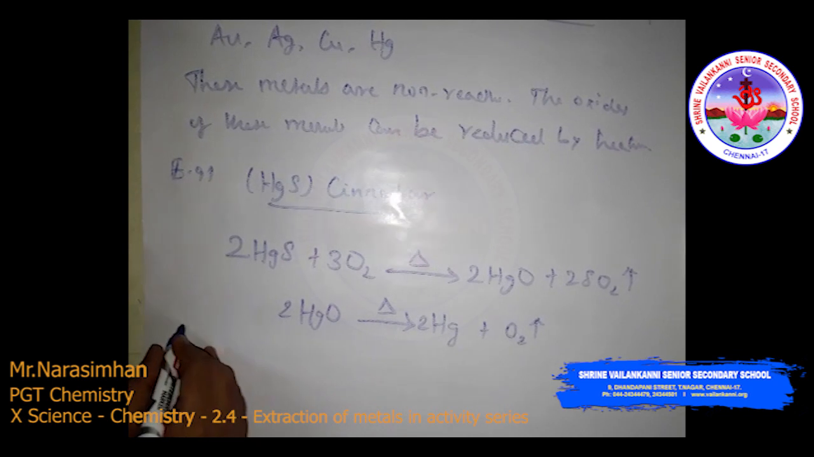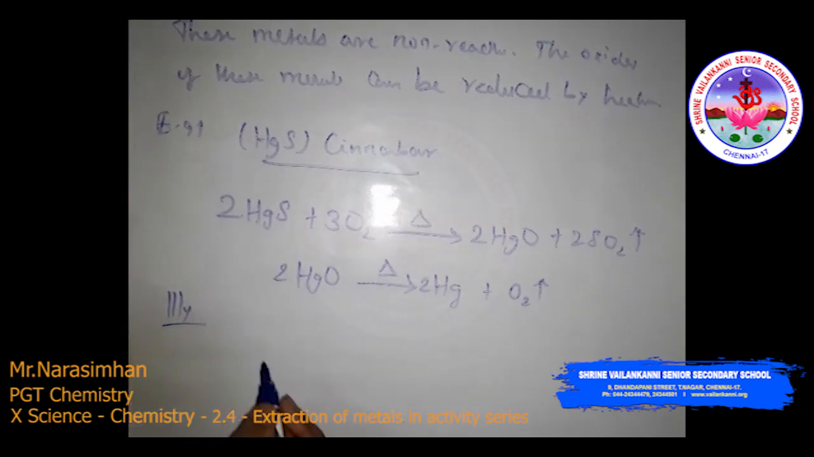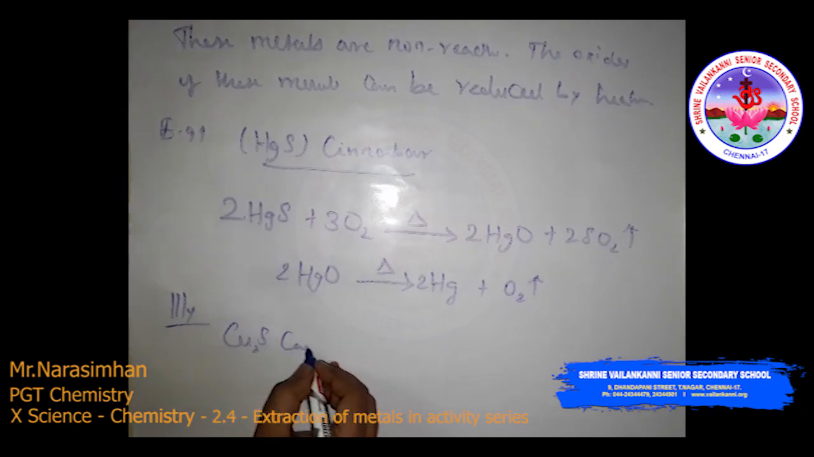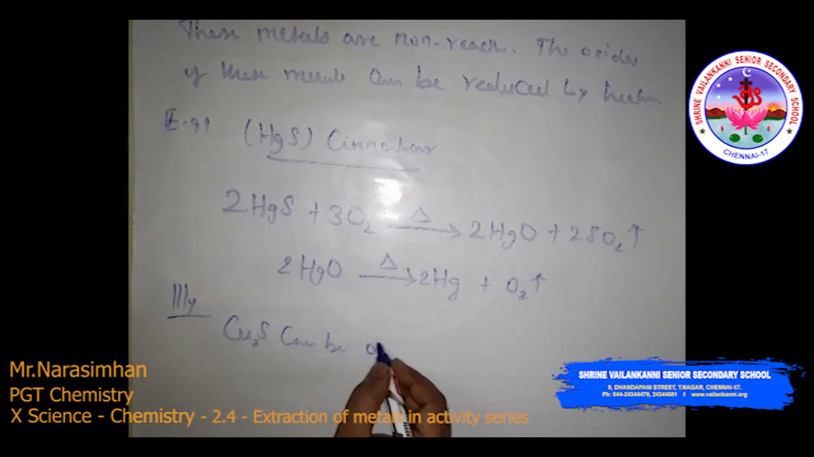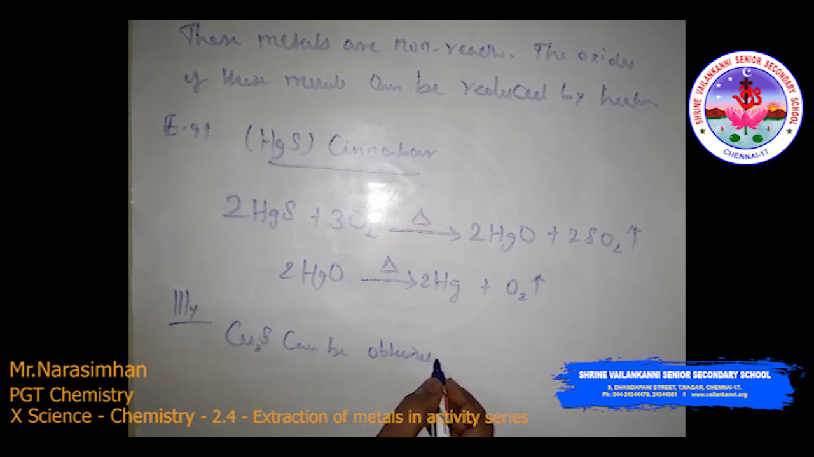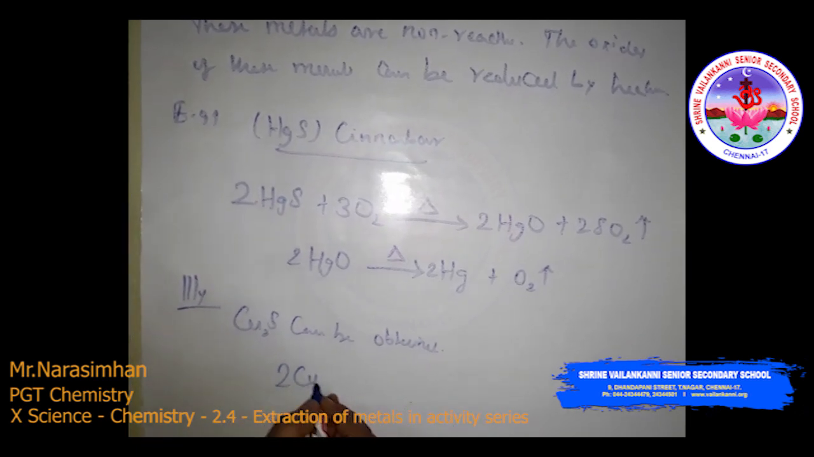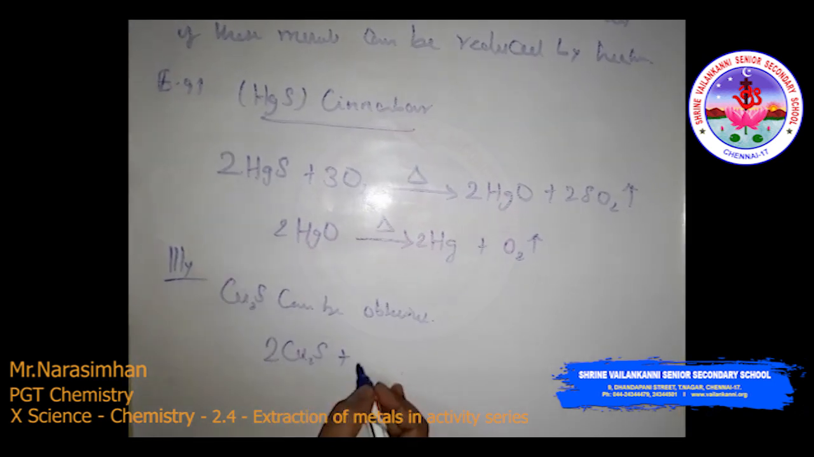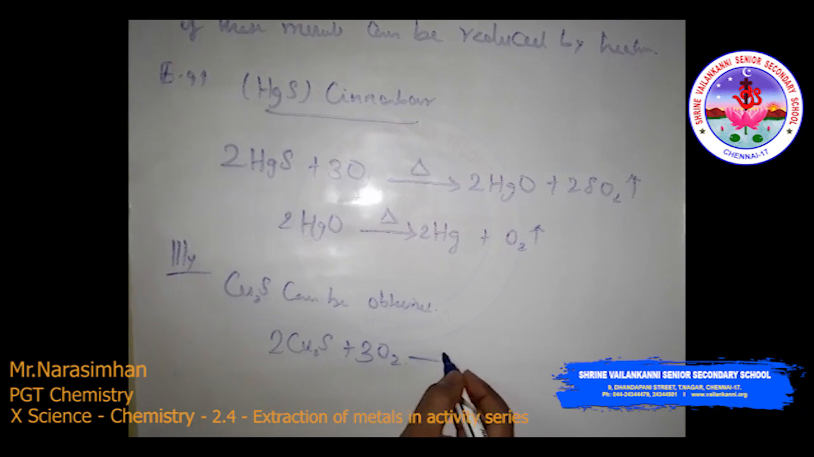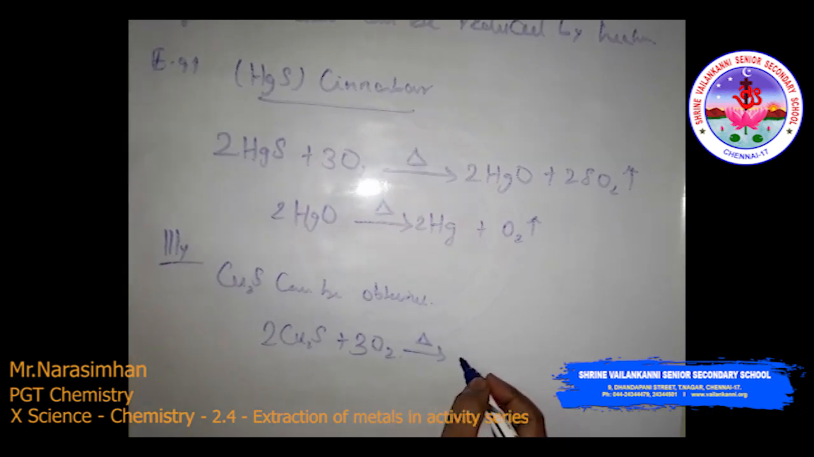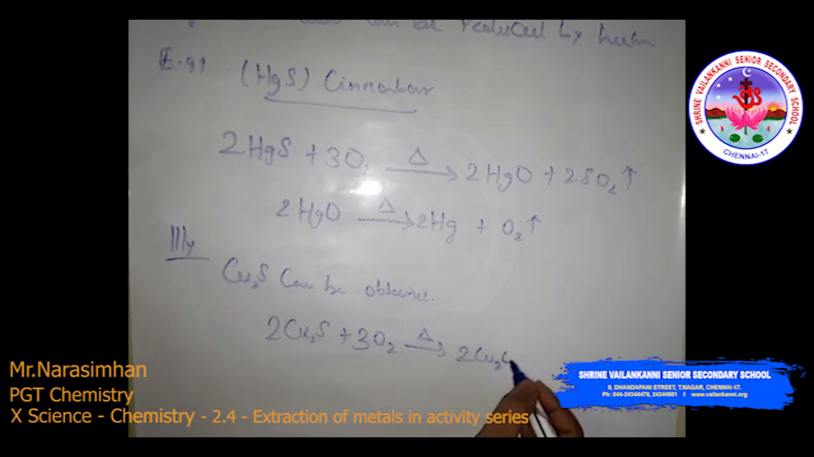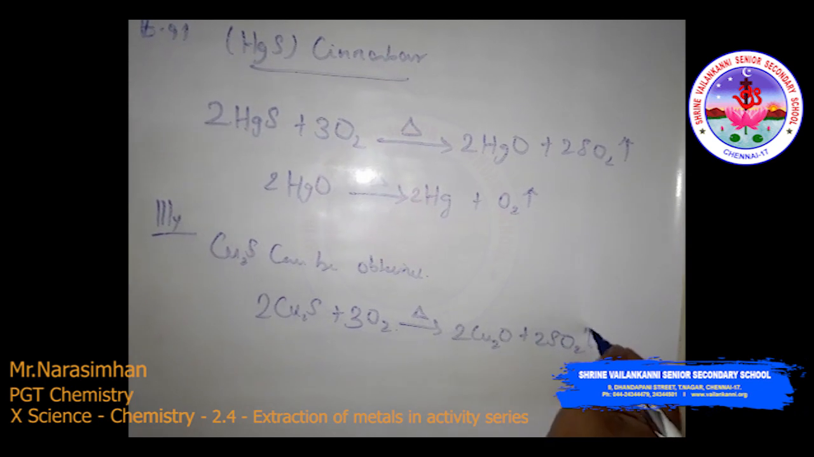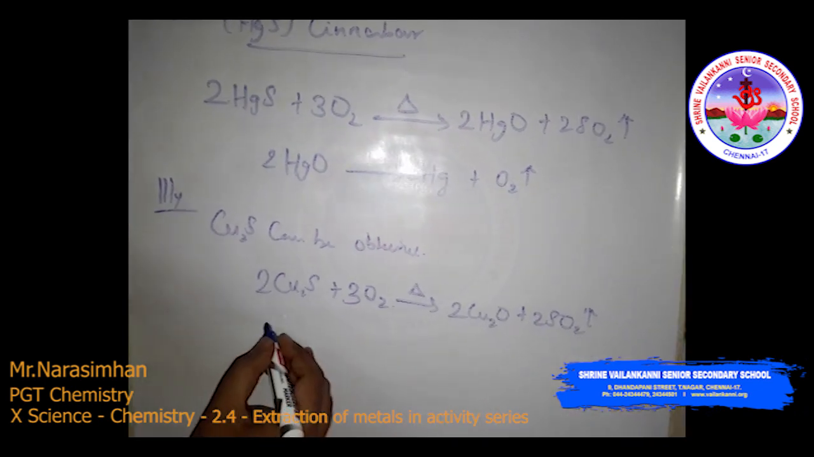Similarly, copper sulfide, Cu2S, can be reduced. It is a similar process. Cu2S, same as this, with oxygen, 3O2, on heating, you will get 2 Cu2O, that is copper oxide, and sulfur dioxide. Then again the copper